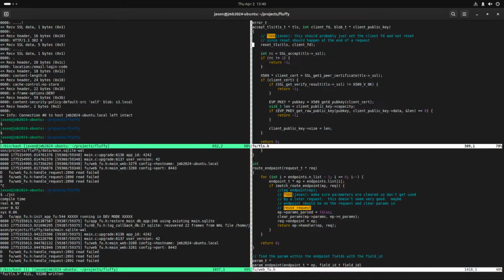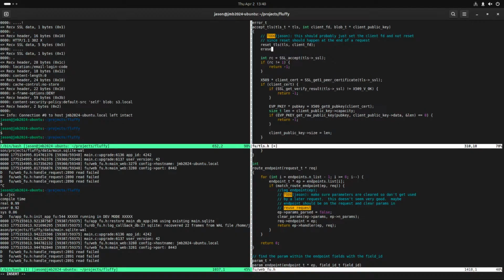So this needs to erase the client public key, overwrite it to 0, and then